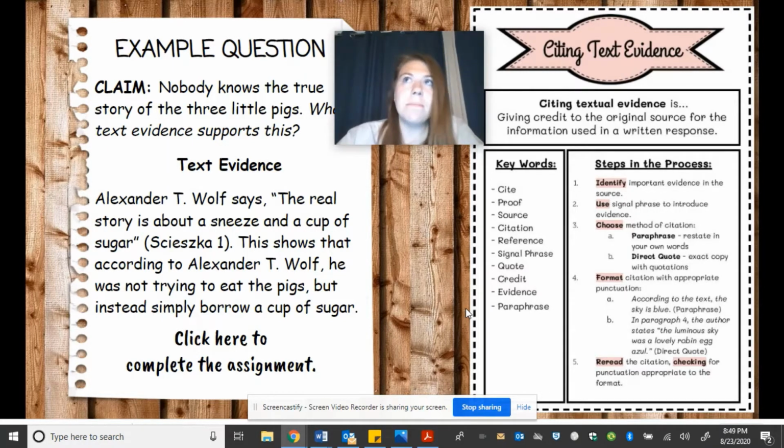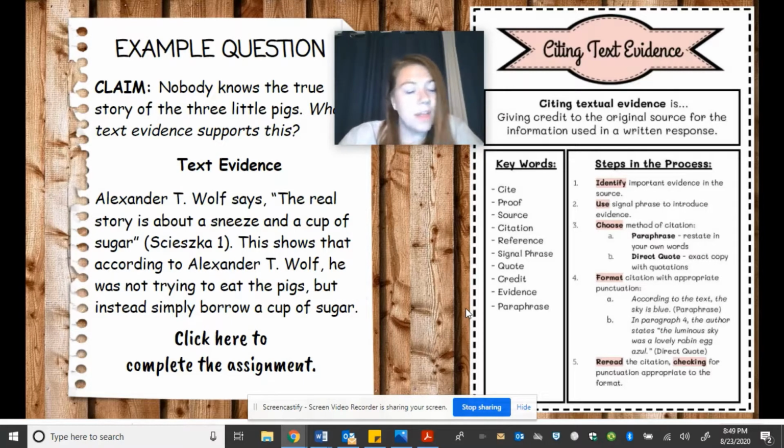Another example might be that maybe you painted a picture or you wrote a song and the same thing happened, right? Someone comes along, they like the work you did, they put their name on it and try to pass it off as their own. No, they're not the one who did all the work. You're the one that put in all the time and energy. You deserve the credit. So it's super important for us to learn to cite text evidence because we're essentially giving the original author the credit, right?